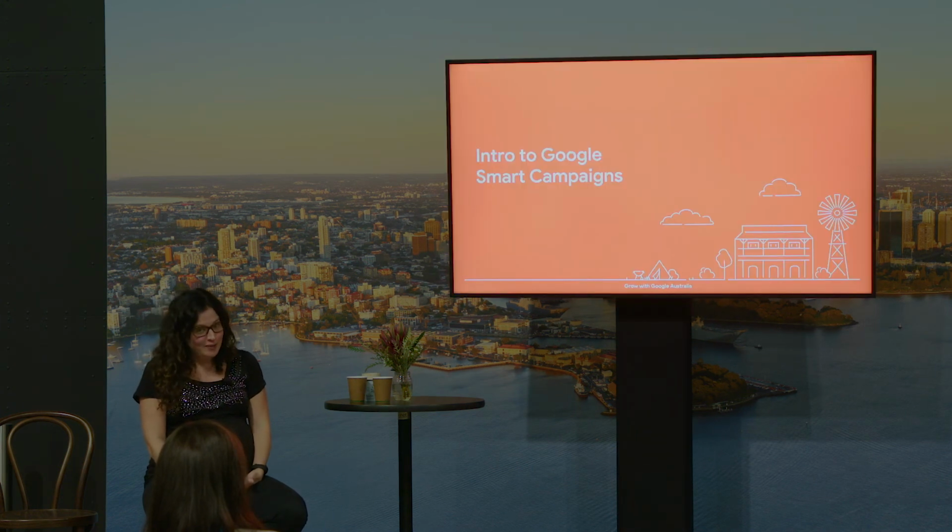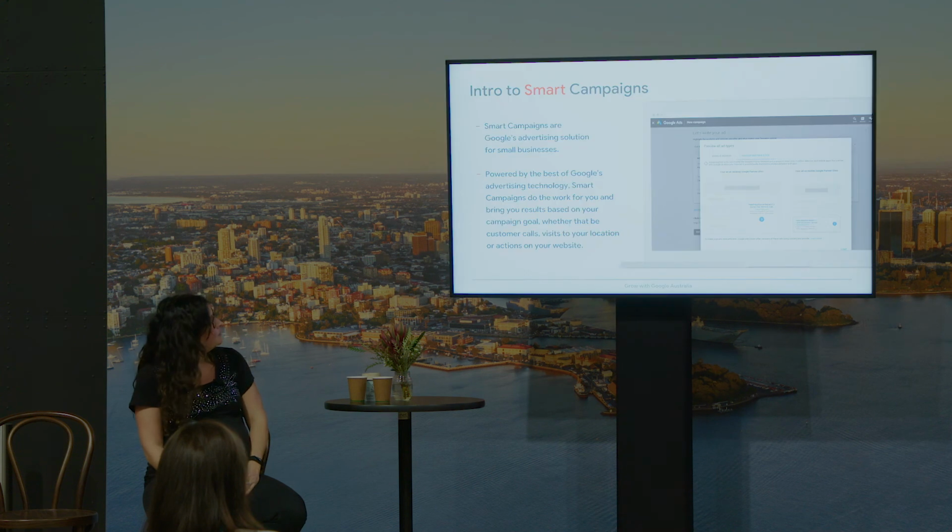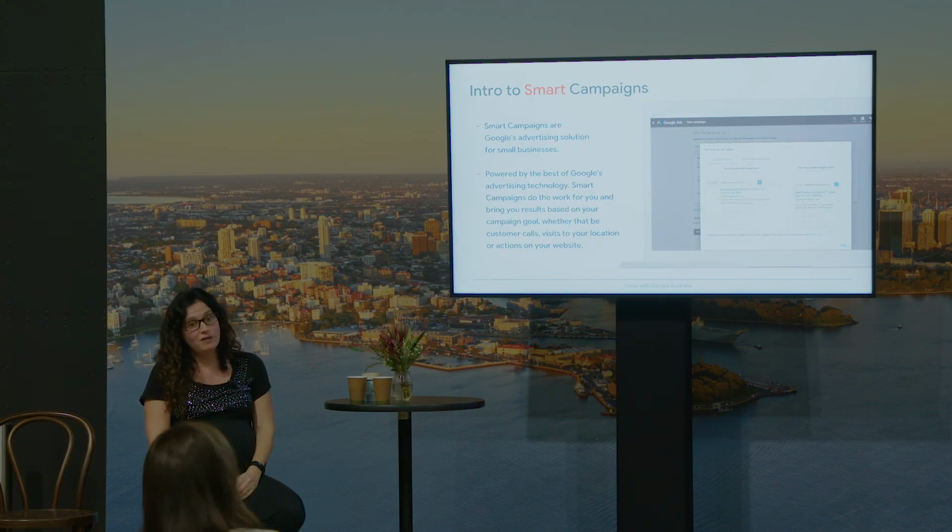How do you get started with these? The easiest way, if you don't do Google advertising already, is something called Google Smart Campaigns. It's an advertising solution for small businesses. It's very easy. Again, Google spends a lot of time trying to make our products more user-friendly, and it's a